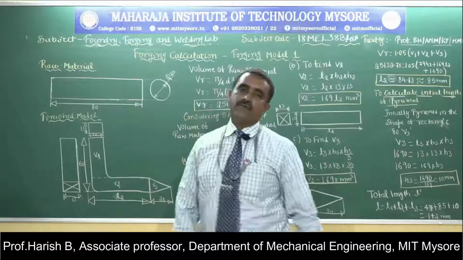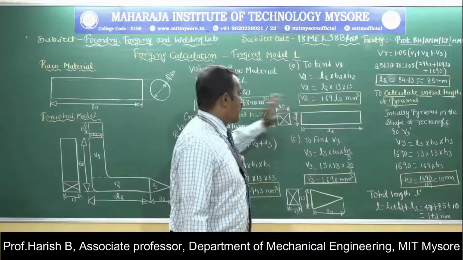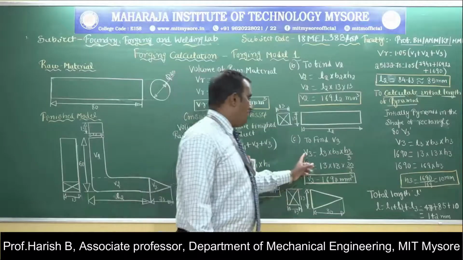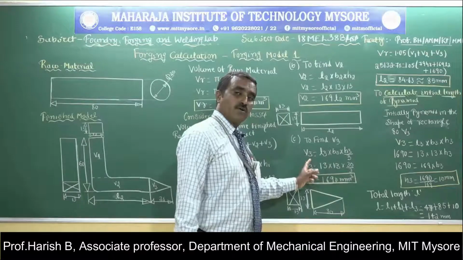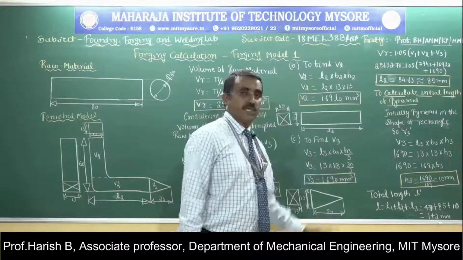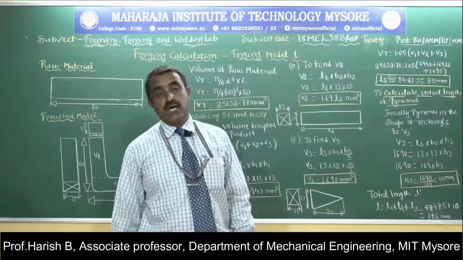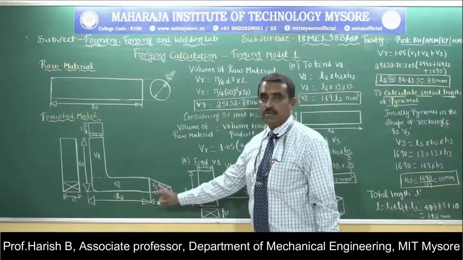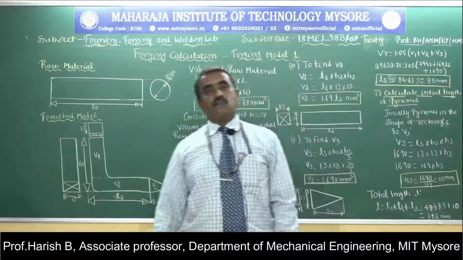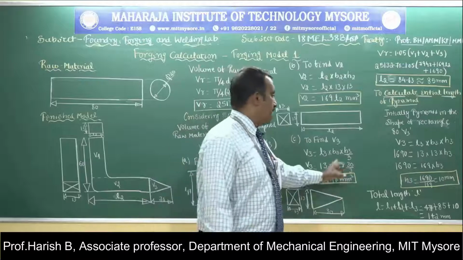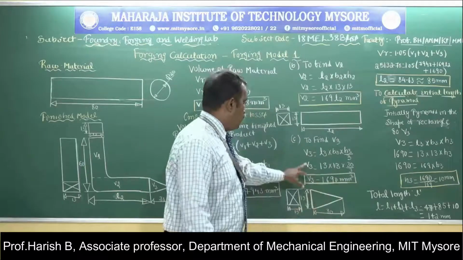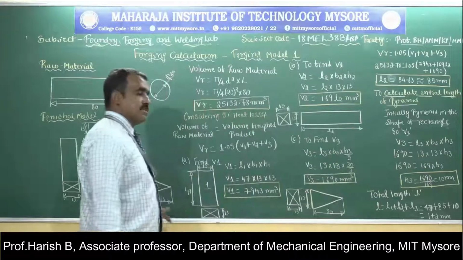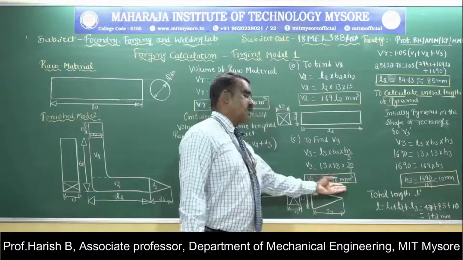Then we have to calculate the volume of the third cross section. This is the second cross section. To find V3, the volume of the third cross section, it is equal to L into B into H by 3. It is nothing but the volume of a square pyramid. So this is a pyramid cross section. Hence, applying the formula for the volume of a square pyramid, L into B into H by 3, V3 is equal to length I know, breadth I know, and H is given as 30. So V3 I get as 1690 meter cube.